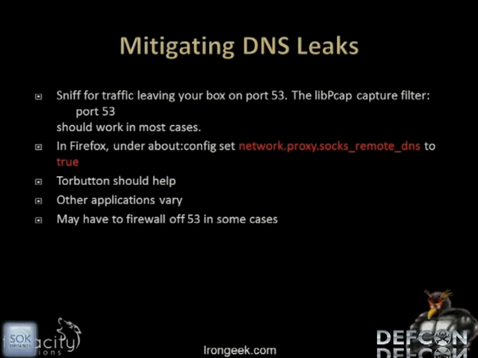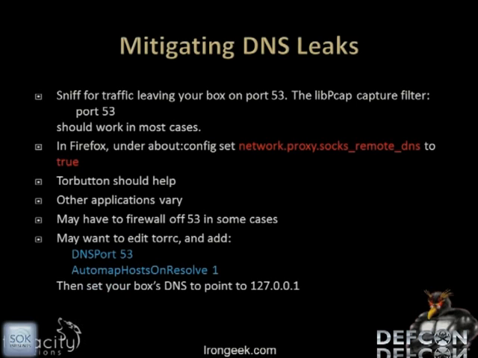You may have to firewall off machines. Blocking port 53 entirely might be an option. Another option is inside of Tor, you can edit the RC file, and there's a setting called DNSPort. You just set DNSPort to 53, and your local machine will now have a DNS server on it, and you can set your machine to use that as its DNS server in your IP settings, so that hopefully that would totally mitigate the problem of people being able to see your DNS traffic and figuring out where you're surfing.